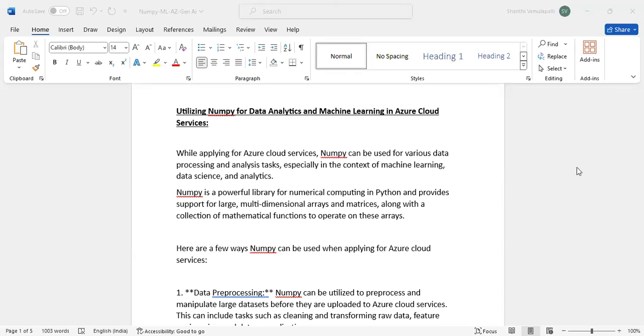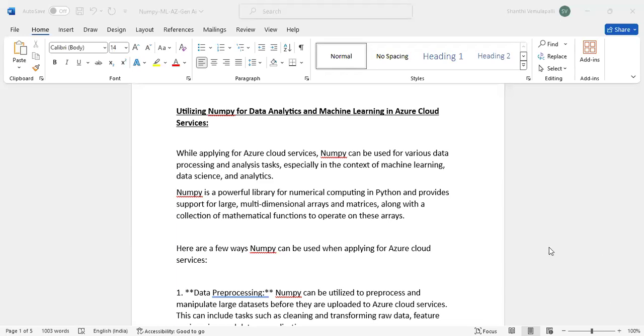Hi, Shanti. So, in today's session, we're going to see what NumPy is and how ML models are applied through NumPy, and how these ML models can be migrated to Azure Machine Learning. Later on, we'll see how Azure ML can be migrated into generative AI services to save the cost of the project.